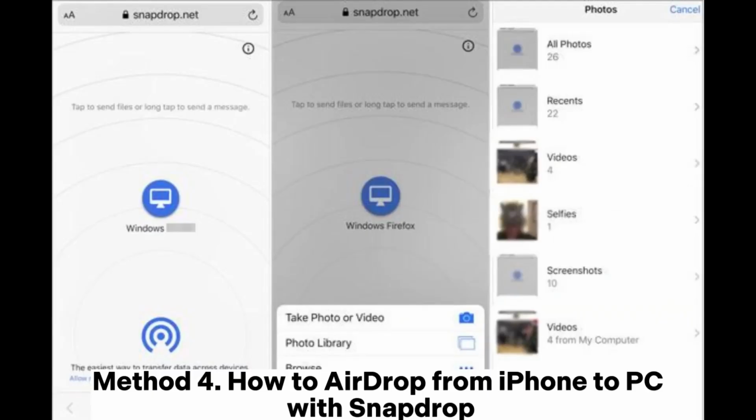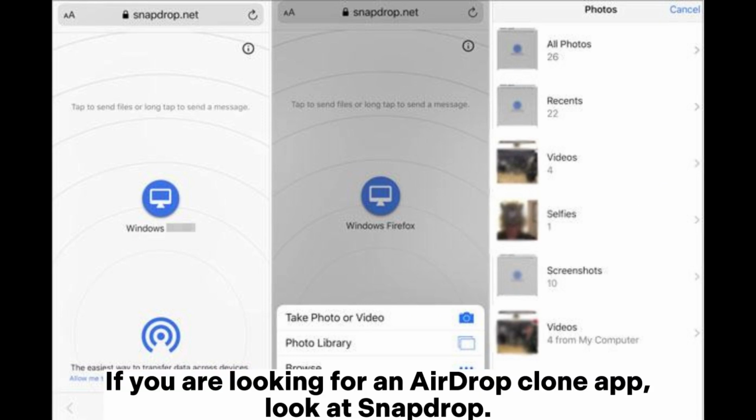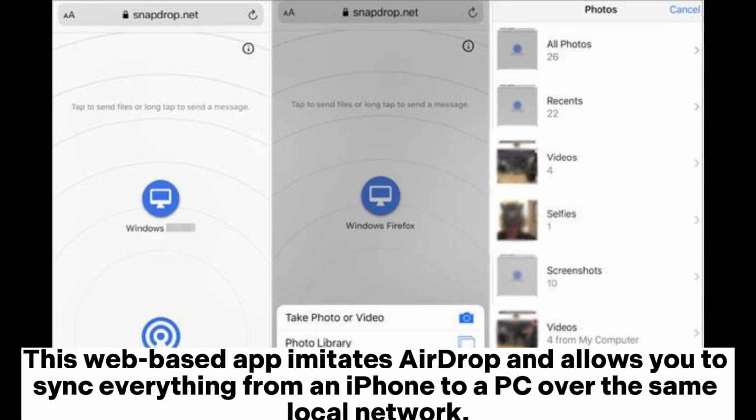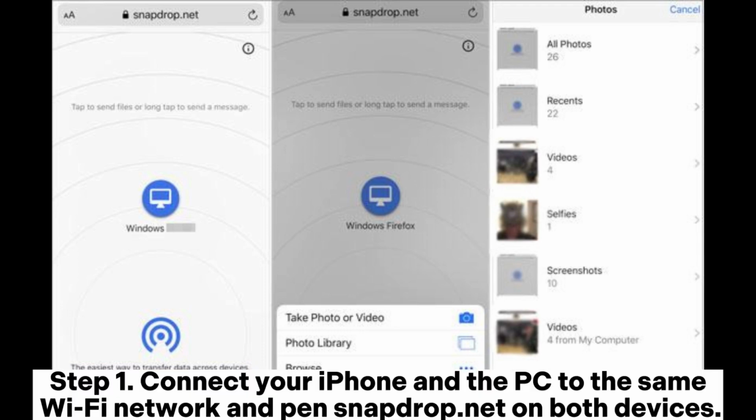Method 4. How to AirDrop from iPhone to PC with Snapdrop. If you are looking for an AirDrop clone app, look at Snapdrop. This web-based app imitates AirDrop and allows you to sync everything from an iPhone to a PC over the same local network. Step 1. Connect your iPhone and the PC to the same Wi-Fi network and open snapdrop.net on both